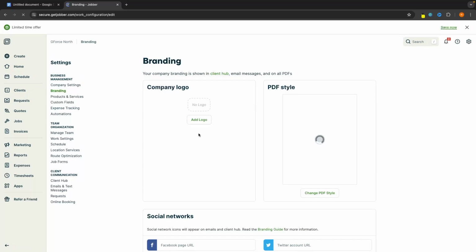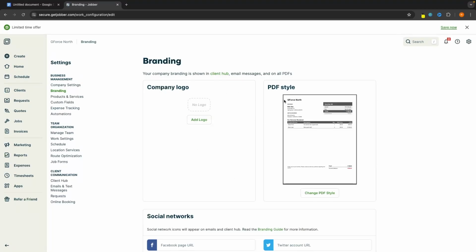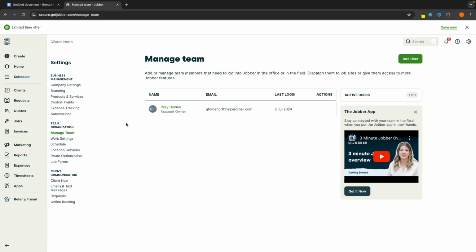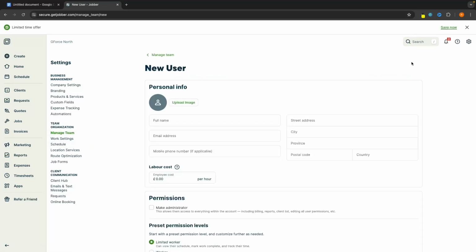We can go to branding and add in a company logo. Change the PDF style for invoices. We can add in different products and services right here. But most importantly, we can go to team organization, and this is where you can add in members of your team. So if you have multiple people that are working for you, you might also want to add them to Jobber so that you can add them to jobs, you can get them to track their own hours and everything like that. To do this, all you need to do is go to manage team, add user, and then